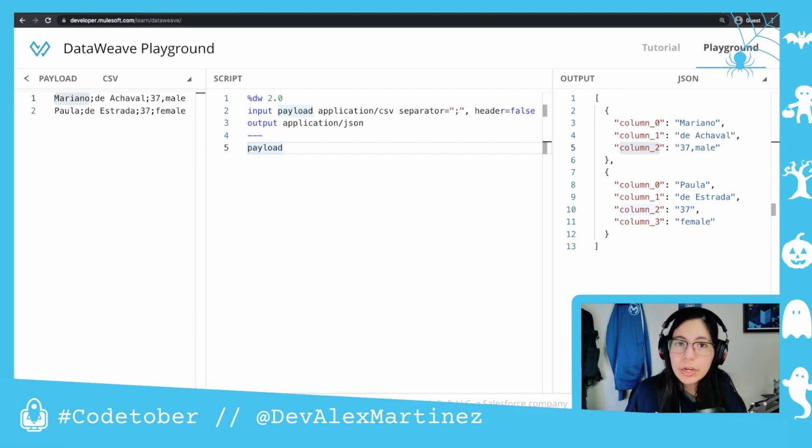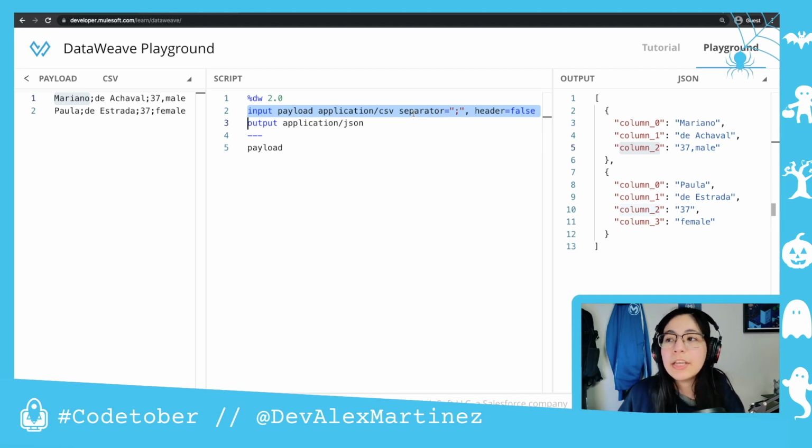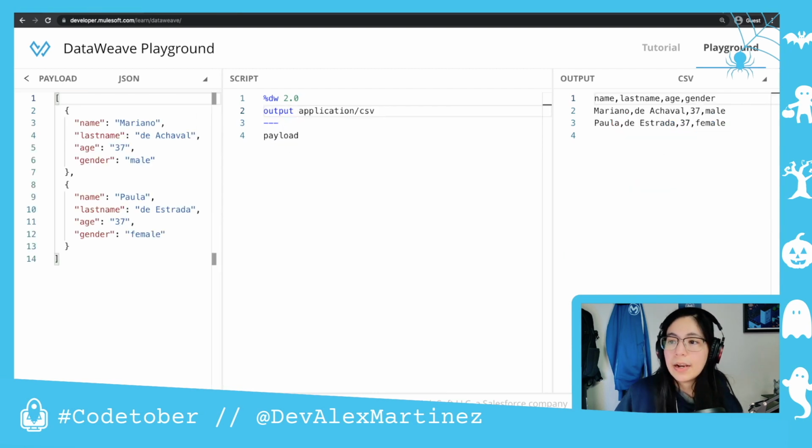In the last video, we saw this input keyword and how we could personalize it with different kinds of properties. For today's video, I'm gonna do the inverse and use the output keyword instead of the input. I am going to take a JSON array with objects and transform it to my own CSV